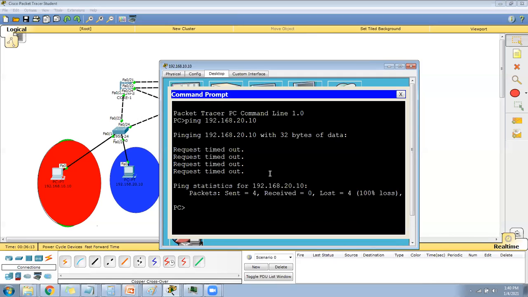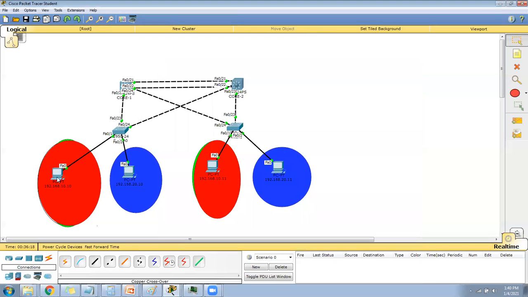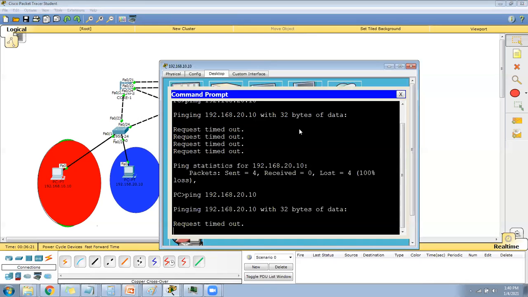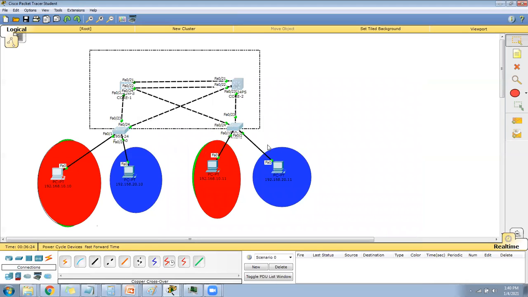Okay, see. Oh, not pinging. 20.10. So we need to verify the gateways and all interfaces and gateways. So in one lab, we have done all the 6, 7